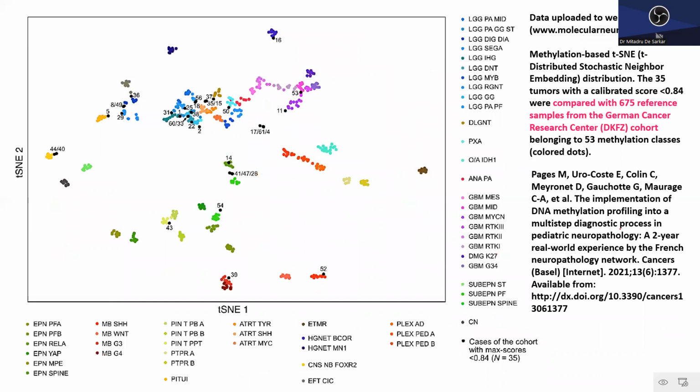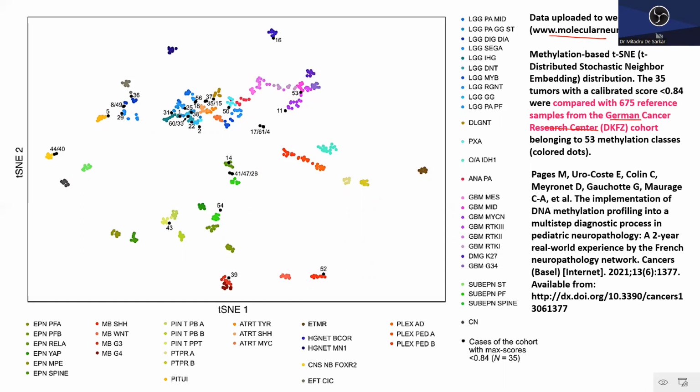The data that is generated after DNA methylation is uploaded to a website known as Molecular Neuropathology org. It's a website maintained by the University of Heidelberg, and they have a huge database of around 28,000 tumor samples, which they have divided into cohorts. The information that you upload onto the server will be compared against those reference cases at the German Cancer